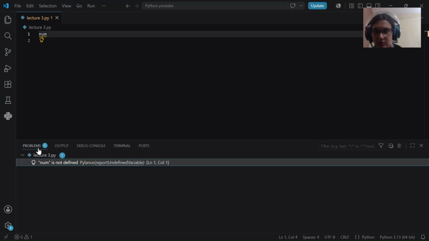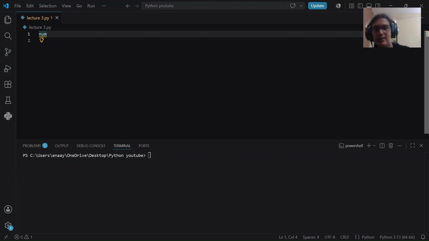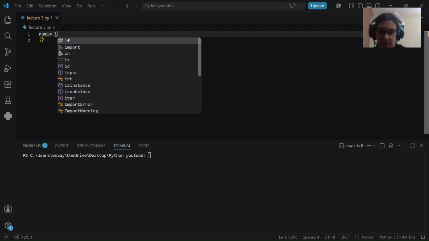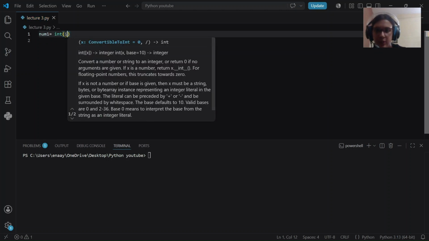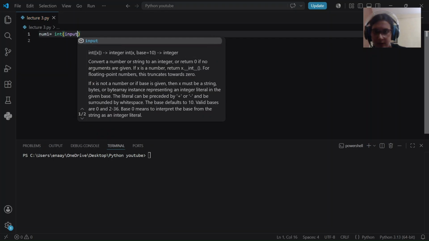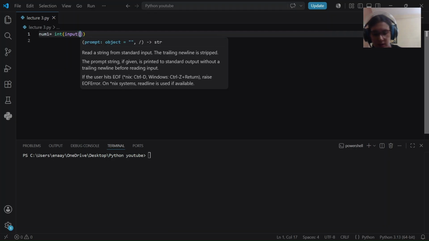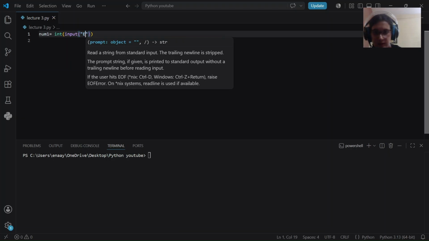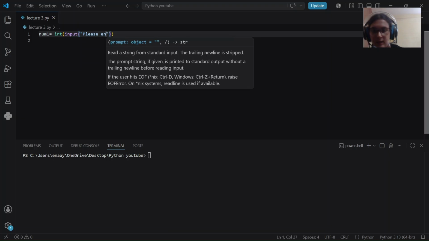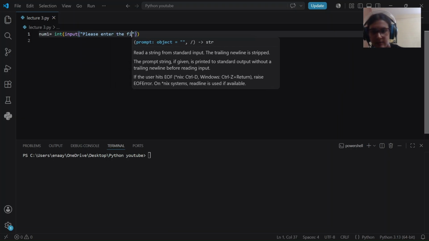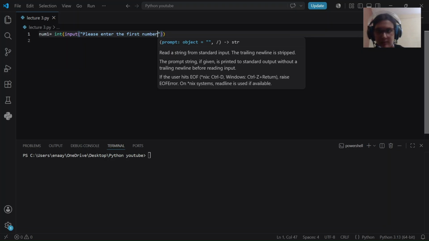Yeah, because we haven't defined the variable yet. Anyways, we do num1 is equal to int input, because we can't just take an input without converting it if we want to perform calculations using operators. Please enter the first number,